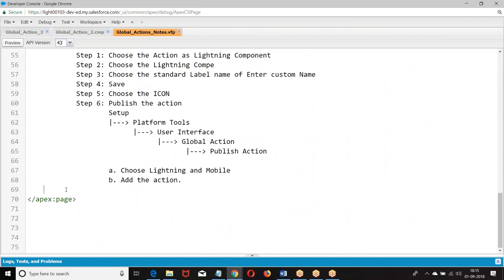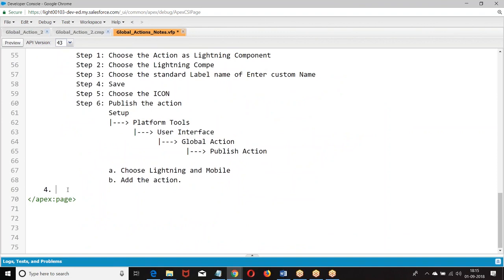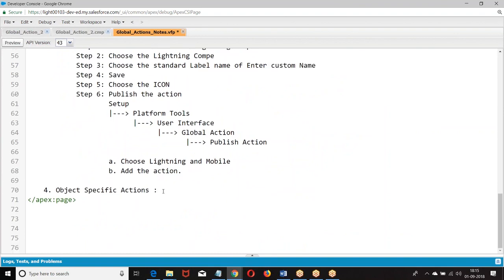Now let us go to object specific action. How do you define an object specific action? In Visualforce, we will go for a concept called standard controller.